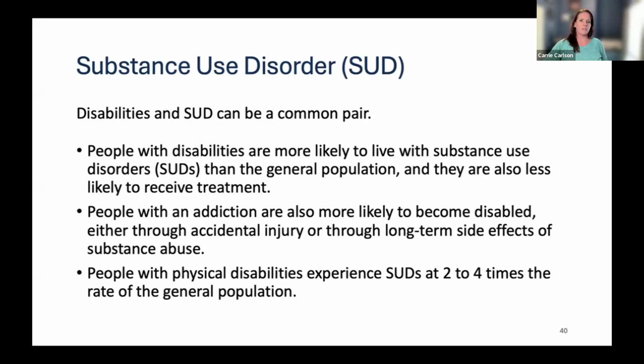And people with addiction are also more likely to become disabled, either through accidental injury, thinking brain injury here, or through long-term side effects of substance use or substance abuse also, right? That intersection. And people with physical disabilities experience substance use or SUD at 2 to 4 times higher the rate